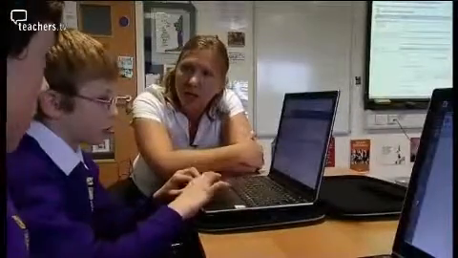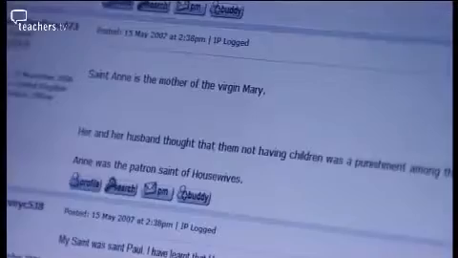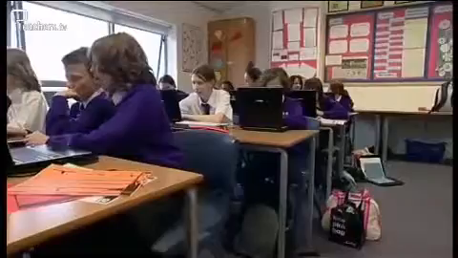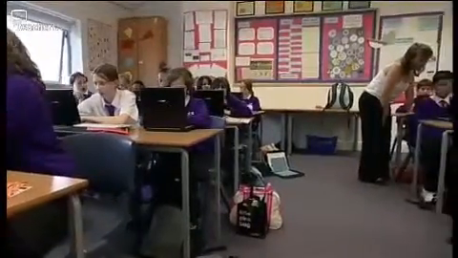I would say initially the workload went up and goes up for teachers. And I think managers in schools need to be very aware that they need to have provision for that, so they need to provide time for teachers. I think teachers have seen the benefits of what it can do. They've certainly looked to the very positive aspects of having their online materials available 24/7.